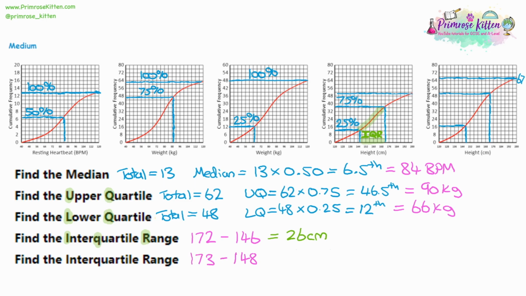Again, a bit of uncertainty there, but you are allowed a little bit of leeway. So we do 173 take away 148. I'm getting 25, and look at the units, that'll be 25 centimetres. But the exam paper might say something like allow anything between 23 and 27, just because of the several different ways we've made estimates here: from estimating how the curve is drawn freehand, to estimating the total number of people in the curve, and then making the estimates for where the upper and lower quartiles are.